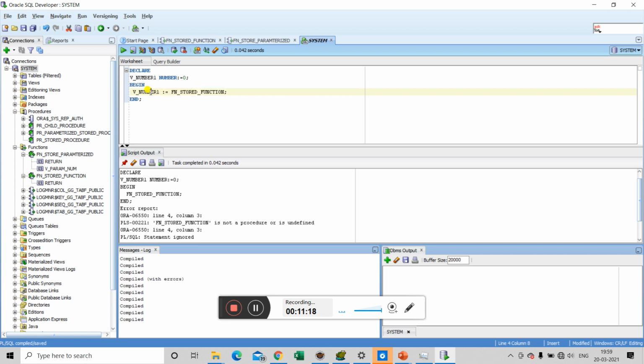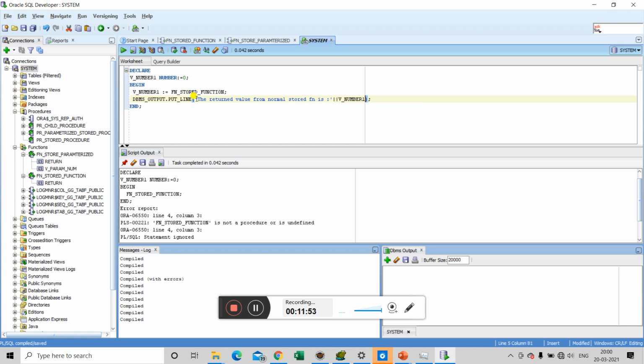Now that we hold the value, we print it on the console using DBMS_OUTPUT.PUT_LINE with the variable name and a predefined string: the returned value from normal stored function is.